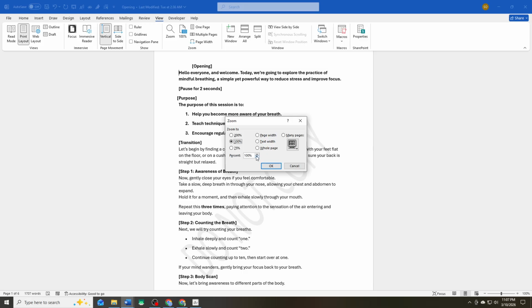You will also find quick options like 100%, one page, and multiple pages. The 100% option returns your document to its normal viewing size. The one-page option adjusts the zoom so that the entire page fits within your window. The multiple pages option displays more than one page on the screen at the same time, which is useful when